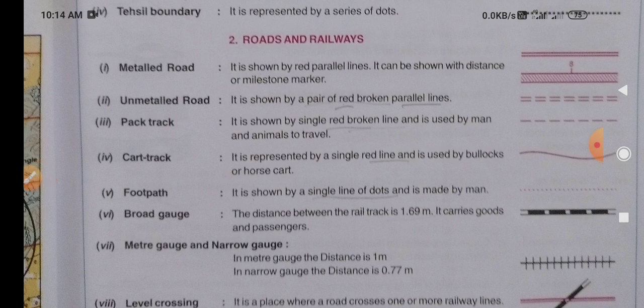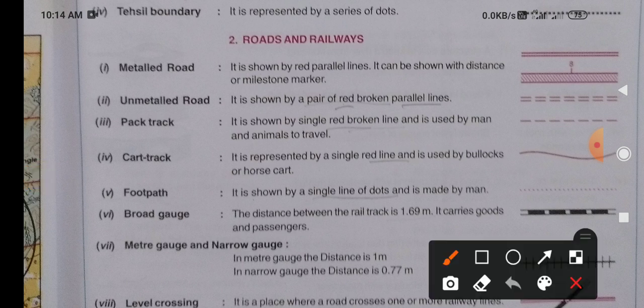Okay. Then broad gauge. Broad gauge means what? This is the wider railway line. Nowadays, whatever railway lines you are able to see are all broad gauge. But in earlier times there was meter gauge also. They are narrower than the common railway line available now. So now broad gauge lines are the common ones, but meter gauge was in the earlier time. Its width was only 1 meter, from one line of the rail to another line. There was a gap of 1 meter.